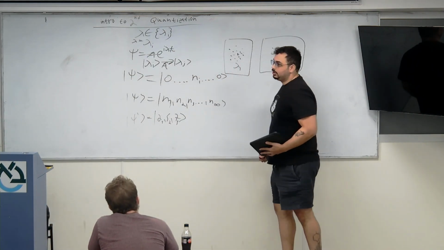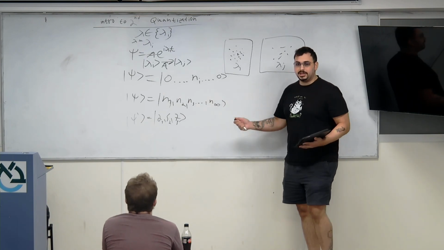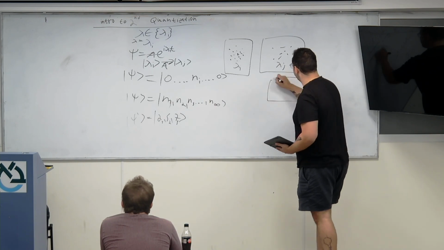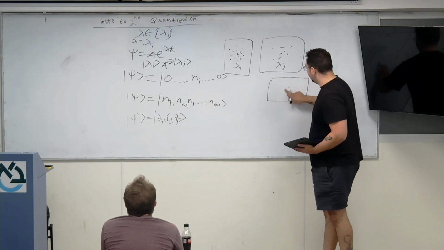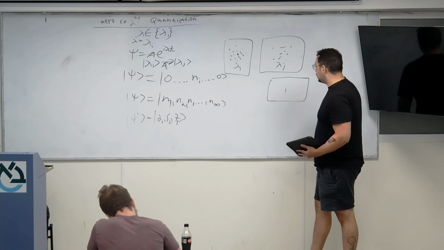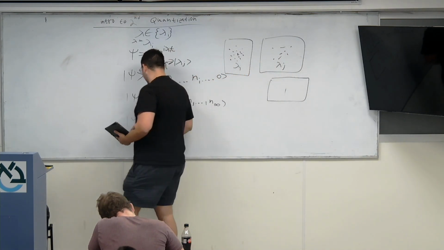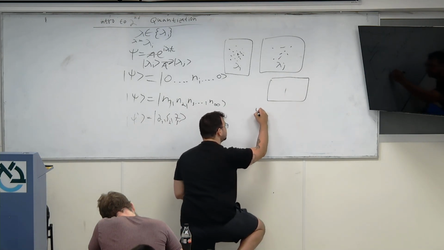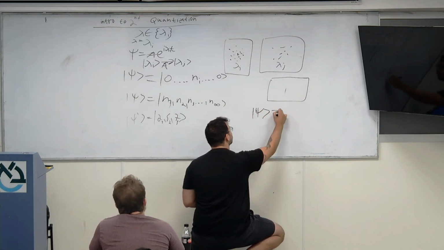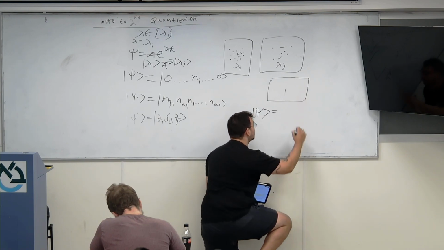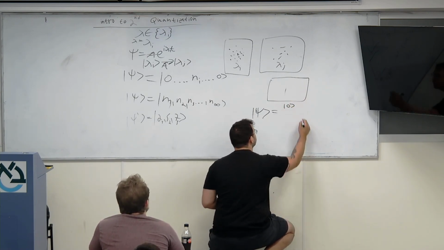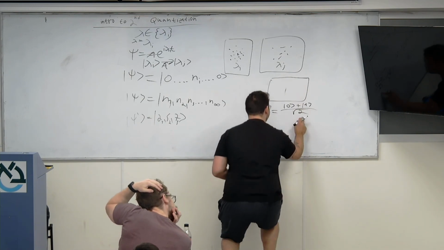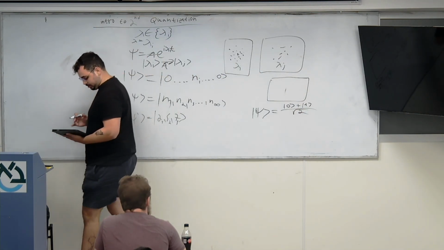Now, we also know that quantum is very funny with probabilities. I can have a box that either has a particle in it or doesn't have a particle in it. Just like you probably saw in the previous quantum courses, I can write this as a superposition of 0, when there's no particle, and 1, there is a particle, over square root of 2 for probability and normalization.